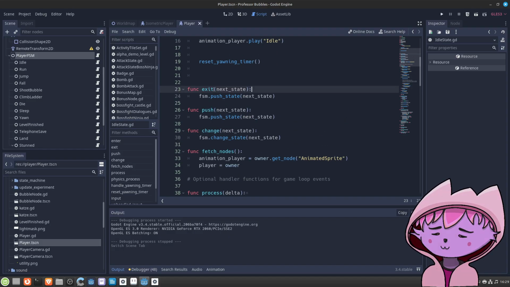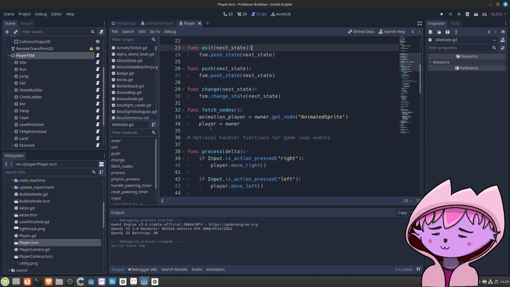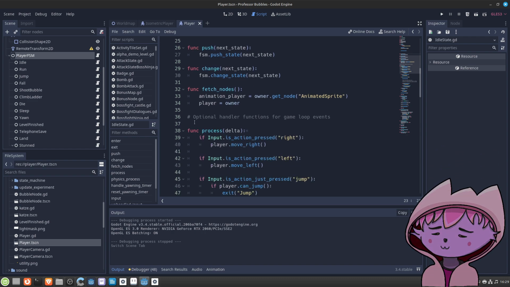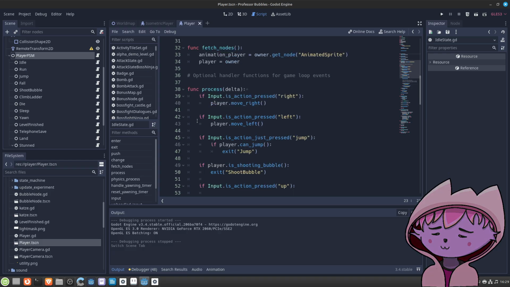And it is a little bit too complicated to my taste. It has some fancy functions to exit the state, push to some stack of states. I don't need this at all, I think. It has just too much. I think it could be more lightweight.